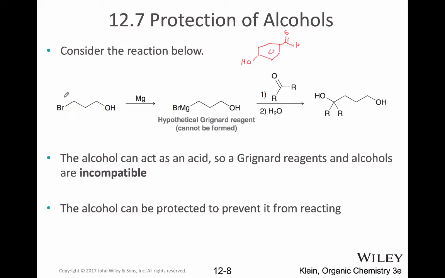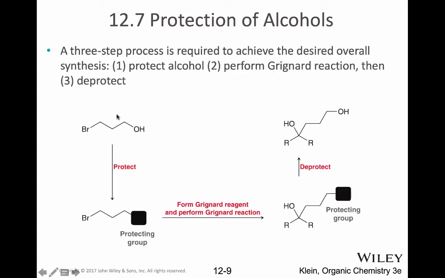Now, that doesn't mean that we can't make the Grignard reagent of a molecule. That doesn't mean we can't make a molecule like this. All that means is that we have to figure out a way to basically mask the alcohol, to protect the alcohol. So what we want to do is take this molecule and do something to protect the alcohol, to mask it. We want to make the Grignard reagent, do the Grignard reaction, and then deprotect,